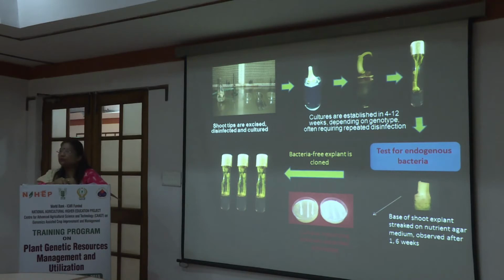Once we get this explant, initially we test for endogenous bacteria. By using typical bacterial streaking methods on a standard nutrient medium, these can be tested for the presence or absence of endogenous bacteria. If endogenous bacteria is present, we normally discourage moving ahead. We do not multiply when there is a bacterial presence, even after sterilization. So it's recommended we start from a fresh culture, or we give it another sterilization treatment.